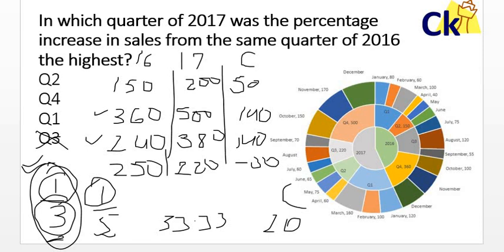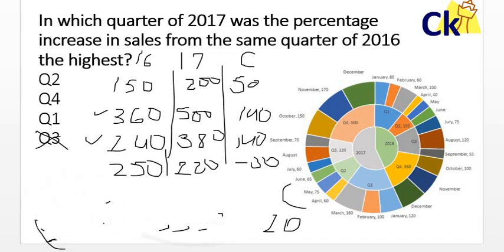Just like this, in our case for this set, we know that the change is 140. Now your entire value would depend upon your base, your denominator, and we know that the fraction which has a base of 240 would be a greater fraction as compared to the one which has a larger base. Hence quarter 4 is ruled out, as quarter 1 is always greater than quarter 4. Now the fight remains between quarter 2 and quarter 1.